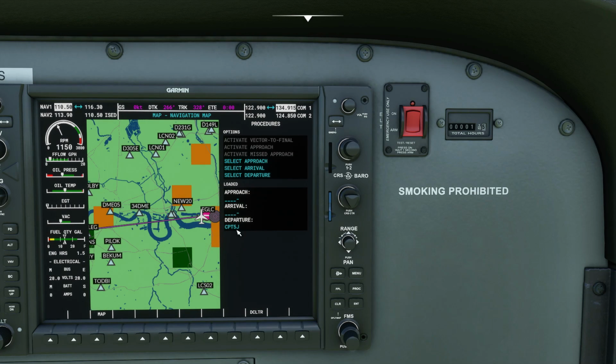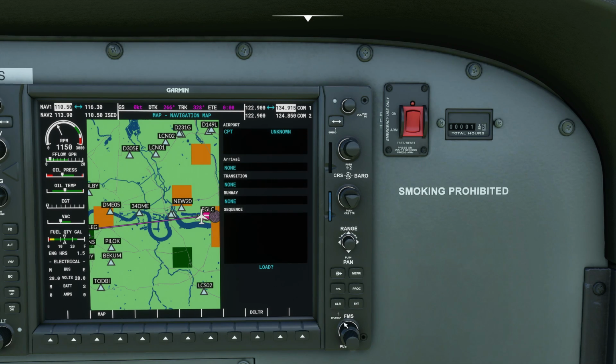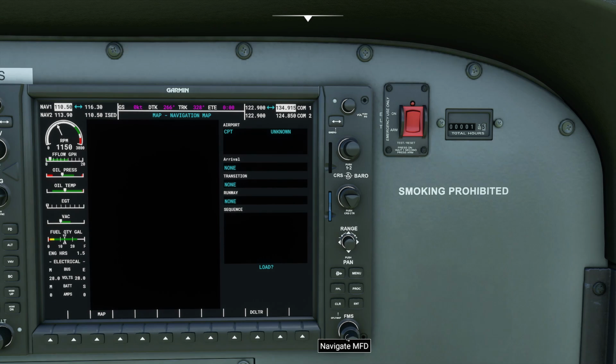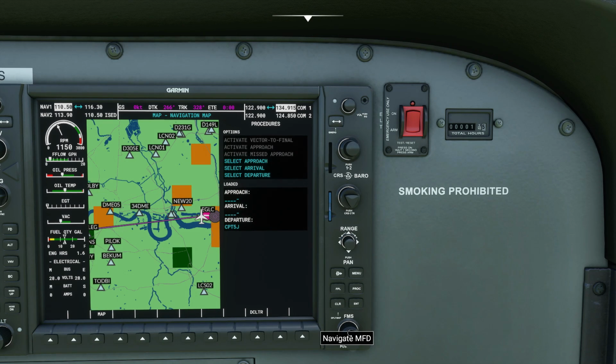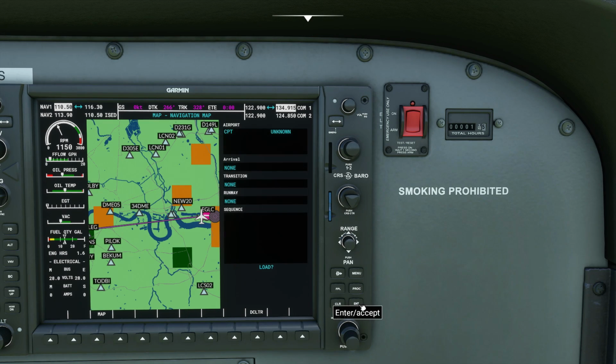Procedures page is the same. You select your approach, arrival, or departure. Let's say if you want to select your arrival into Heathrow, you press on the button to bring the cursor and then hit enter, and then you again press on the button to bring the cursor. Oops, not approach, we want to select the arrival. Oh, the airport, that's not the airport we want. This is, yeah,